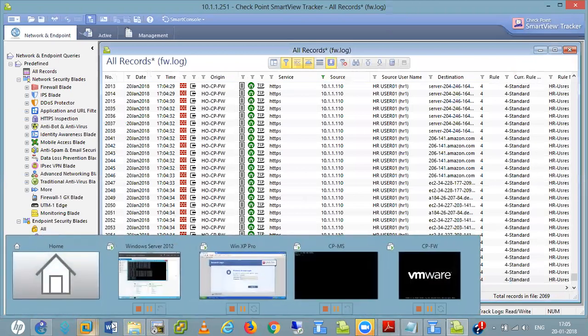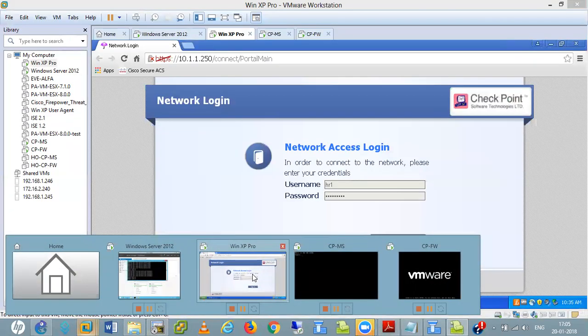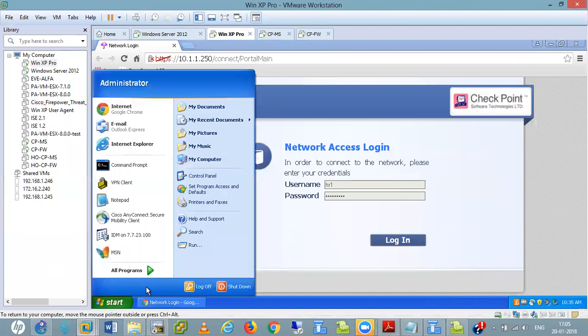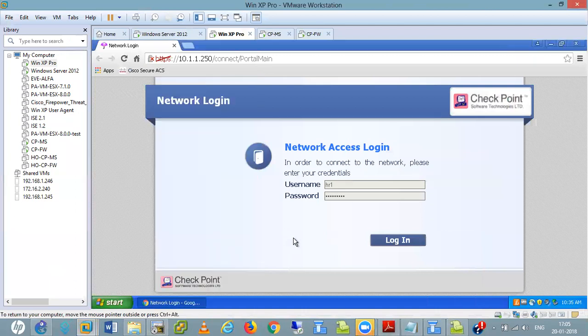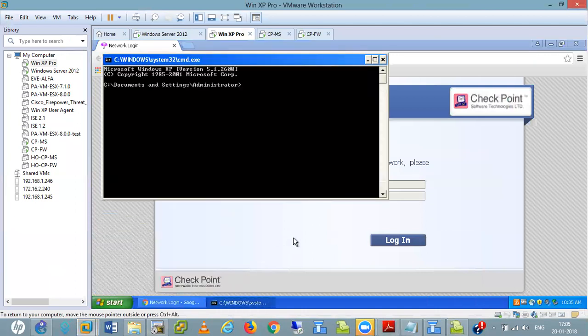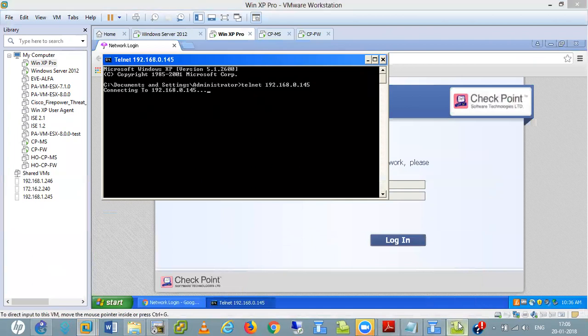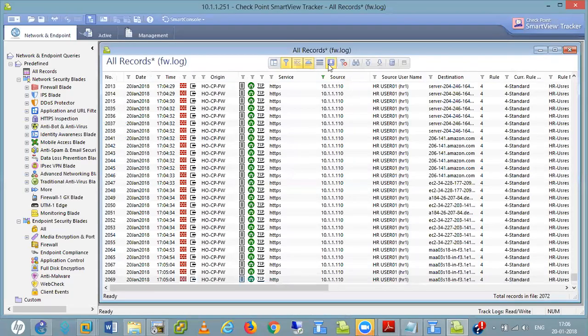Going to my inside PC, I run cmd and telnet to 192.168.0.145. I'm not getting access. If I want to see the logs for this, here you also get the log for that.